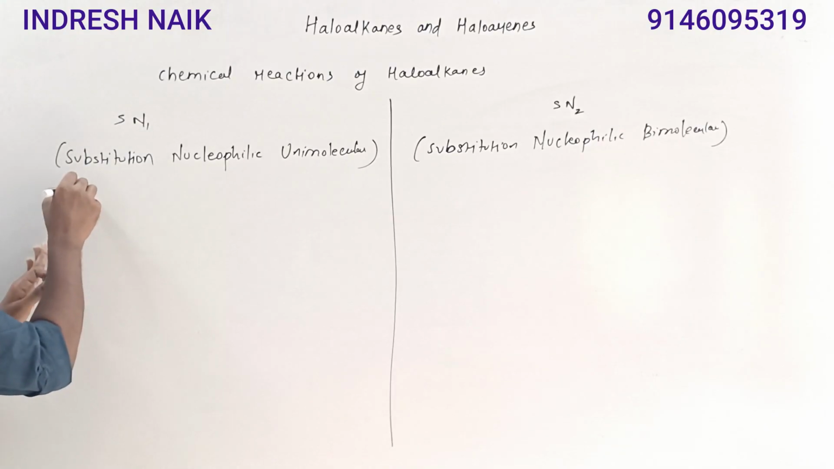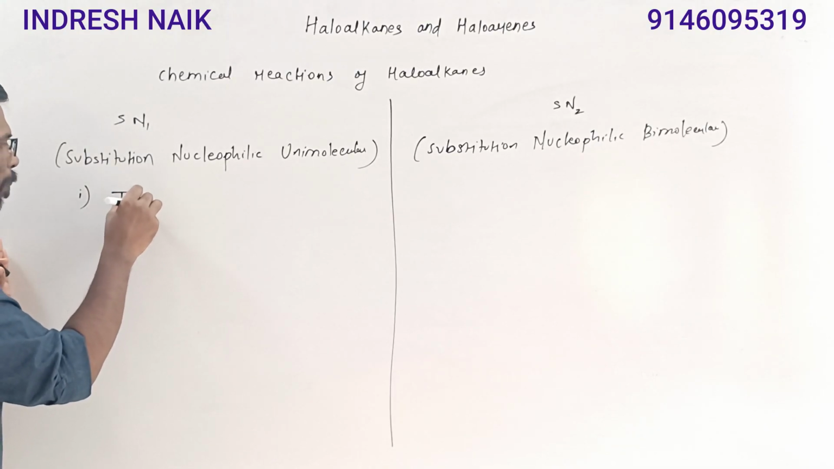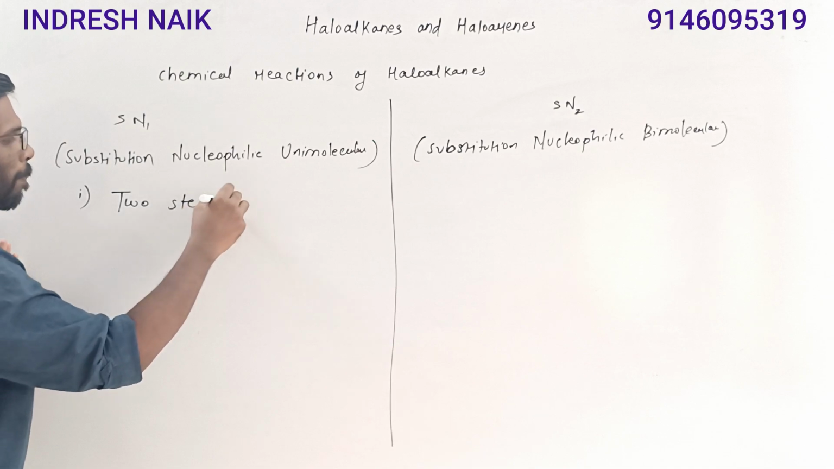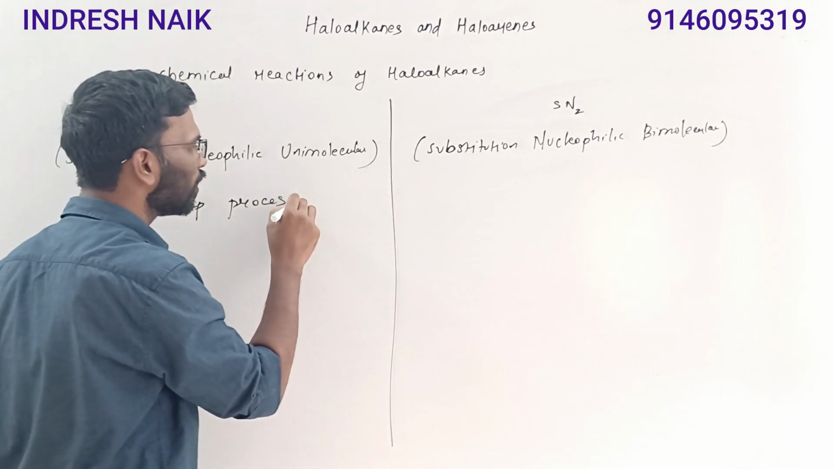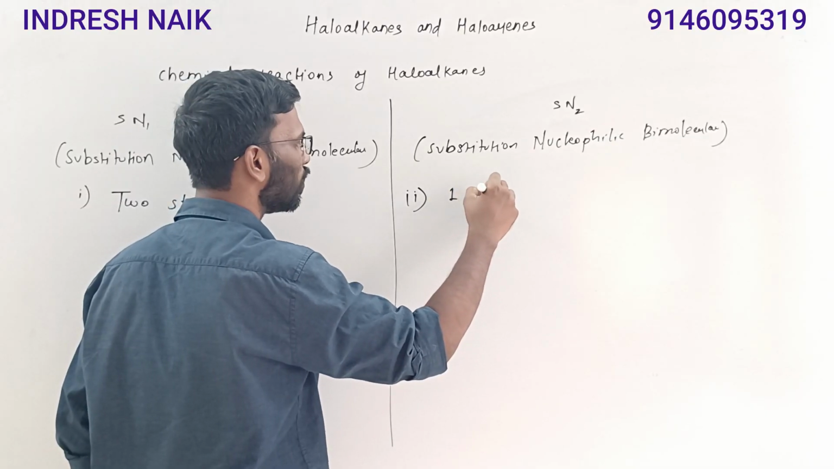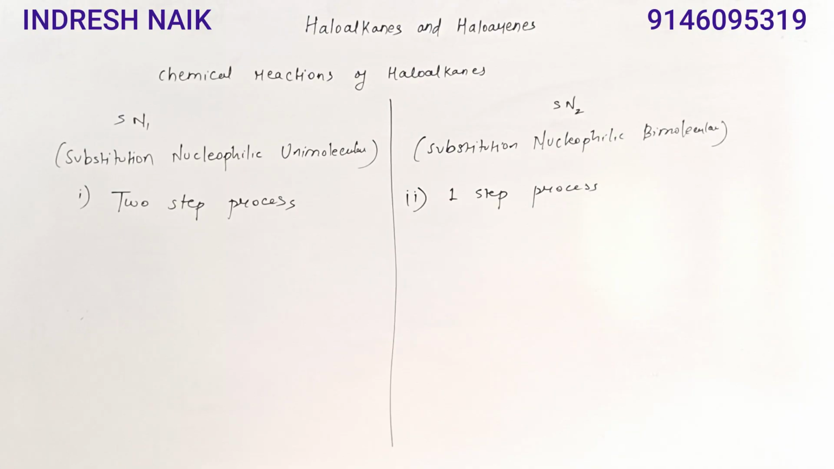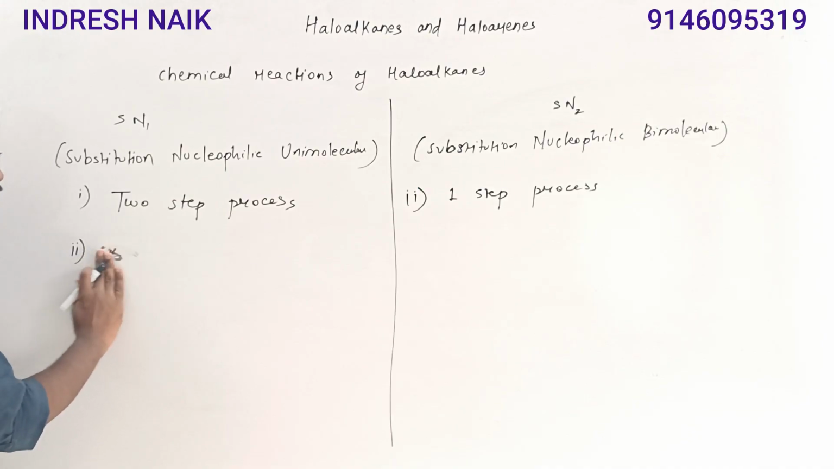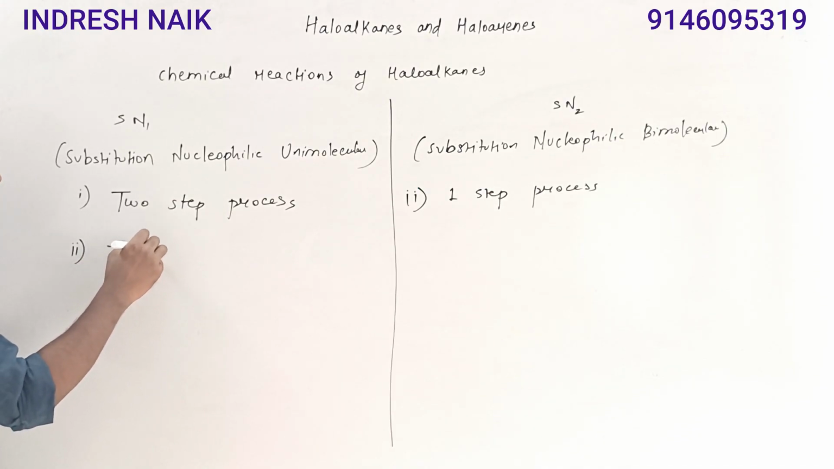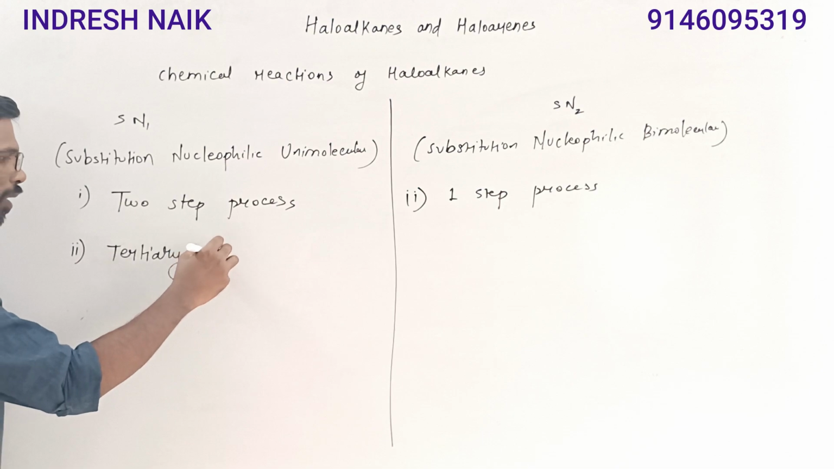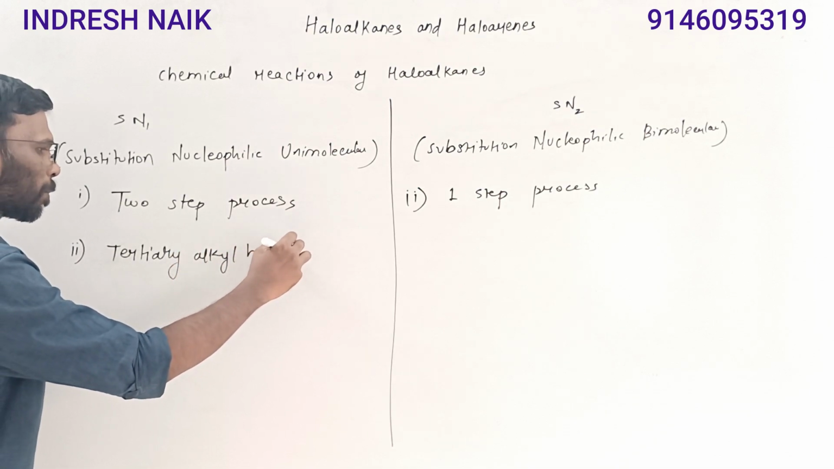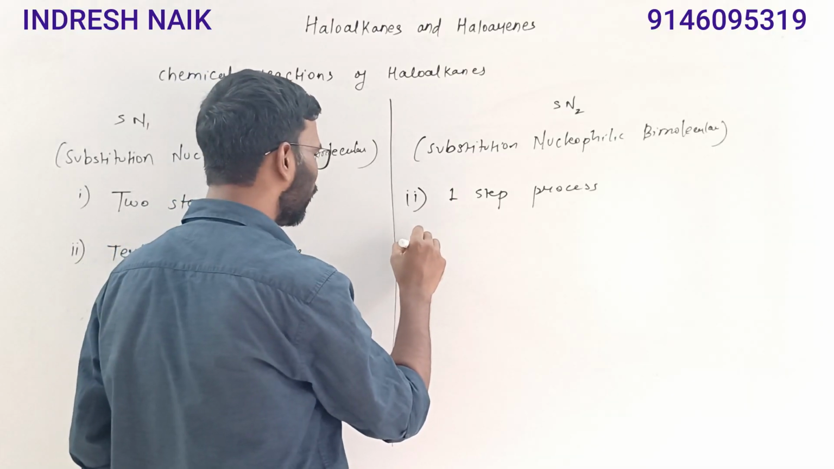Over here, the first difference I will write: this is a two-step process, and this is a one-step process. Okay, this is the main difference. Second, this is favorable for tertiary alkyl halide. Tertiary alkyl halide goes via this mechanism, and over here